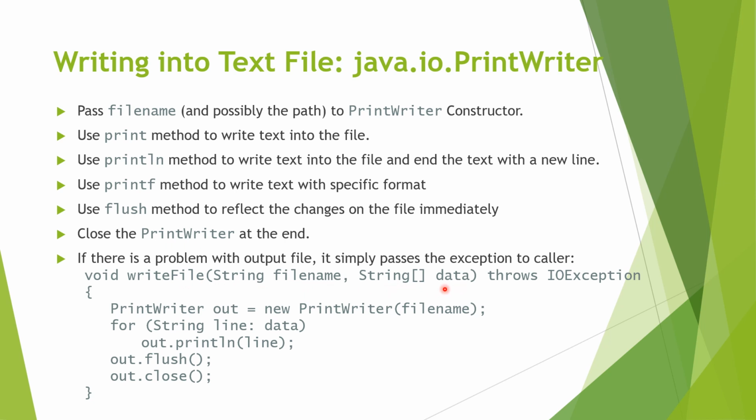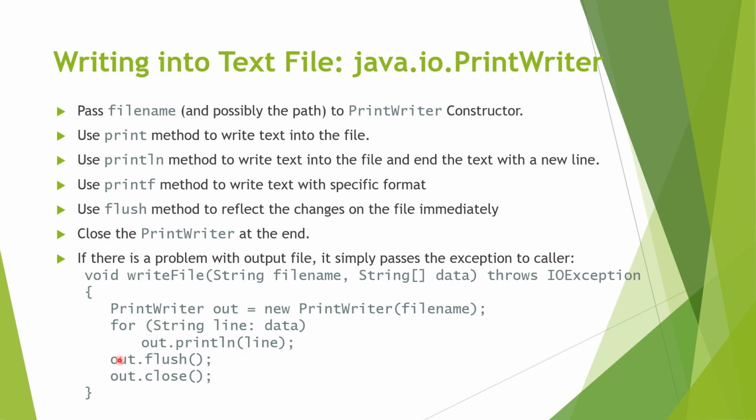We call that data, and then it will construct a PrintWriter object by passing the file name to the constructor of the PrintWriter. Then for every string line inside data, we're gonna use println to write one of the elements of the data array into the file with name file name,